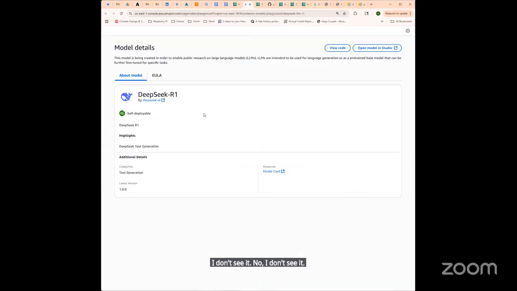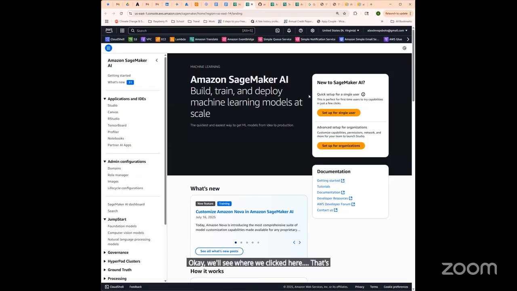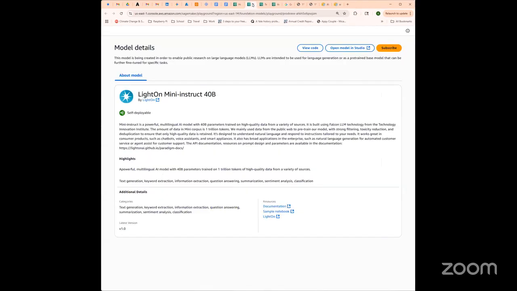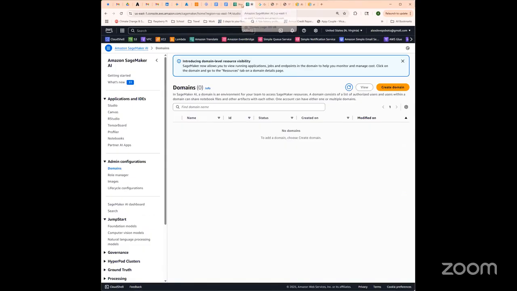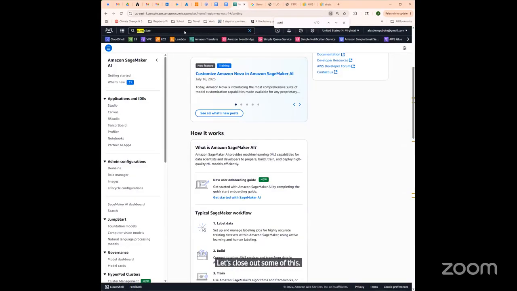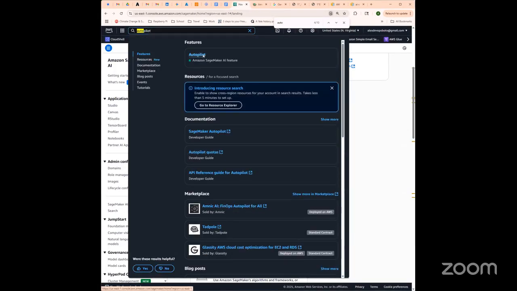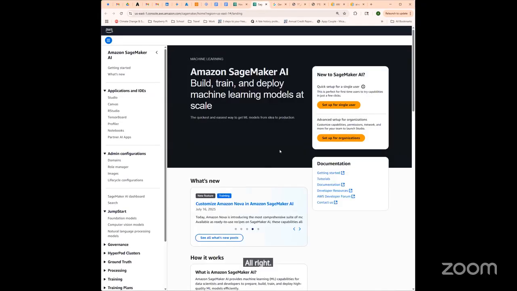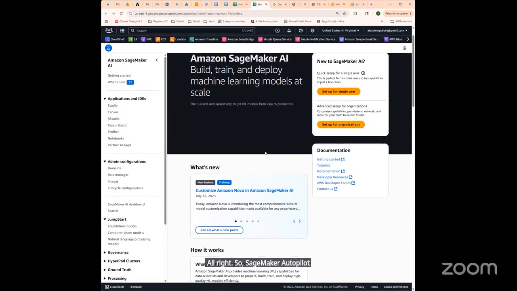Okay, we'll see where we clicked here. That's a DeepSeek. Let's close out some of this. All right, so SageMaker Autopilot, this is what we did a little bit earlier.